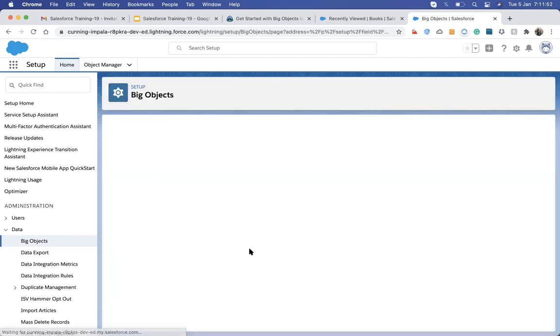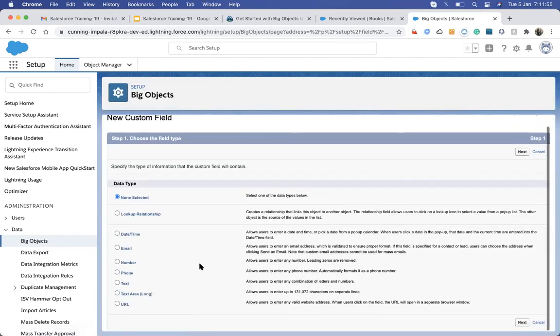It's pretty similar. We can create the fields, and whenever we have to do integrations or something like that, we just use the big objects and do the mapping, and complete the task of importing millions of records into Salesforce. So that's just an introduction. Usually big objects are used in Apex, but you should know about them because at some places they ask about big objects.